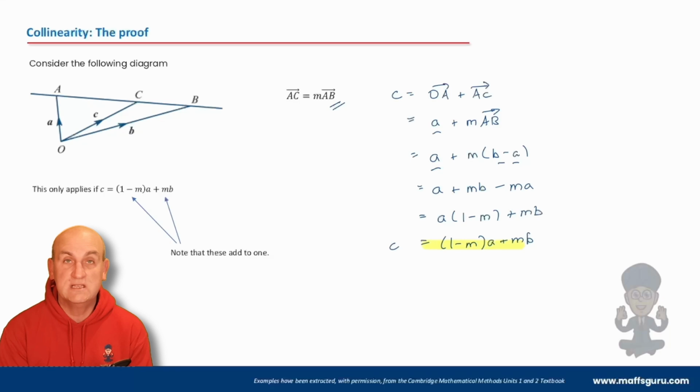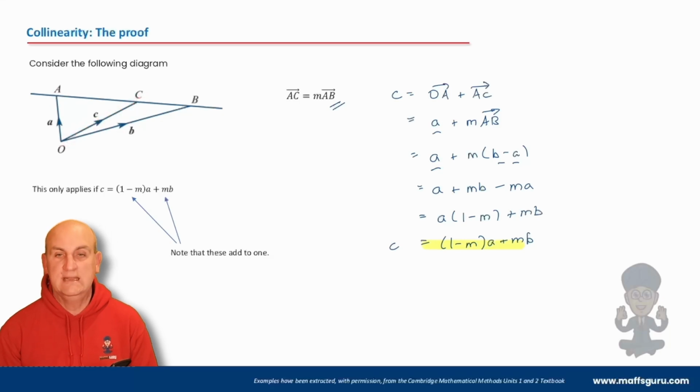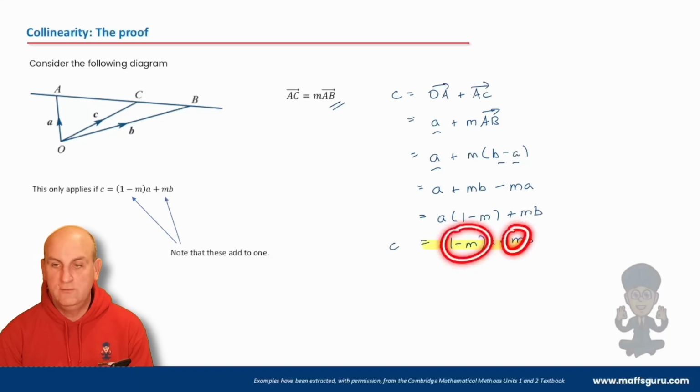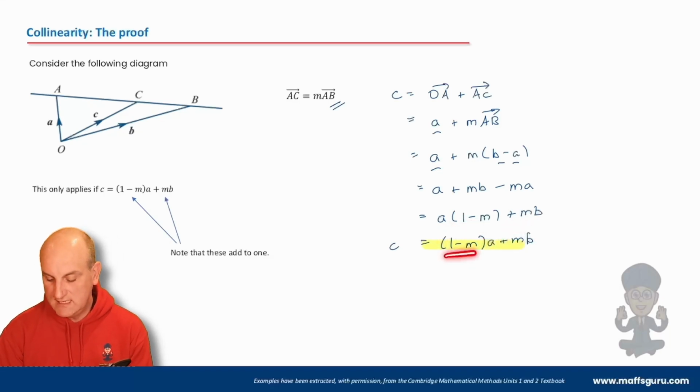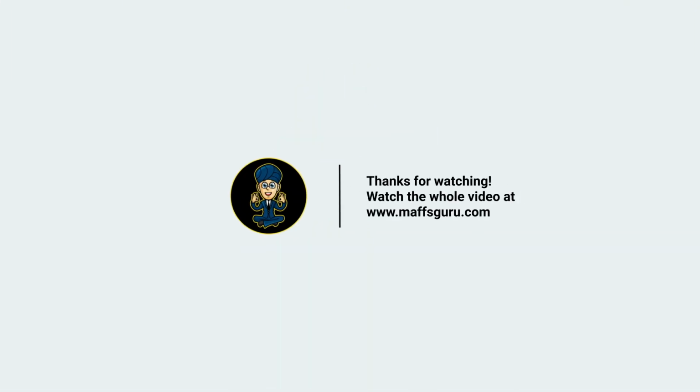So again, if that makes no sense, go back, because these vectors, a and b, are not parallel to each other, in which case there must be some fraction of b added to some fraction of a that will give me C. Now, the great thing here is, because it's collinear, we know that those two values must add up to 1. So whatever this is here, that has to be 1 minus it, or vice versa. So that's actually really, really helpful. Why? Because